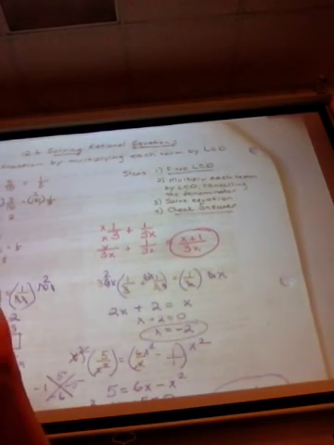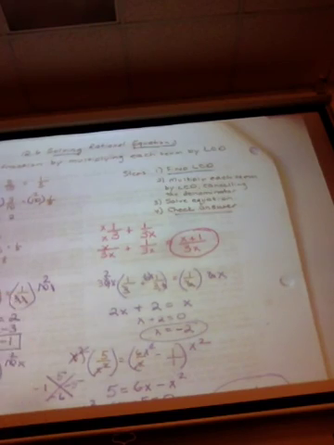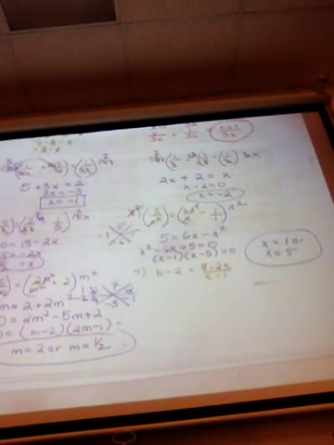Yes, Zach. For number 6, what would be equals? Okay,